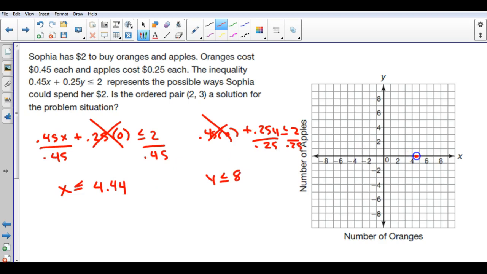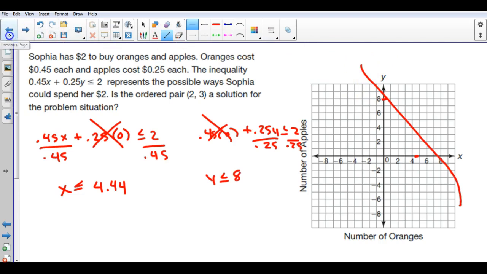So I'm going to go right about here, which is between 4 and 5. And again, that's on the orange axis. And then on the apple axis, we're going to go all the way up to 8. Once you have your 2 points, hopefully you remember that with intercepts, I'm going to connect my 2 dots,